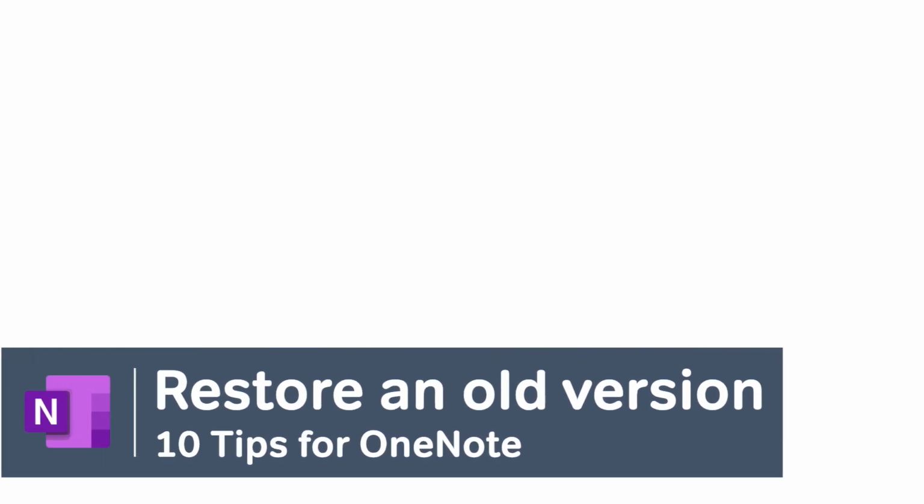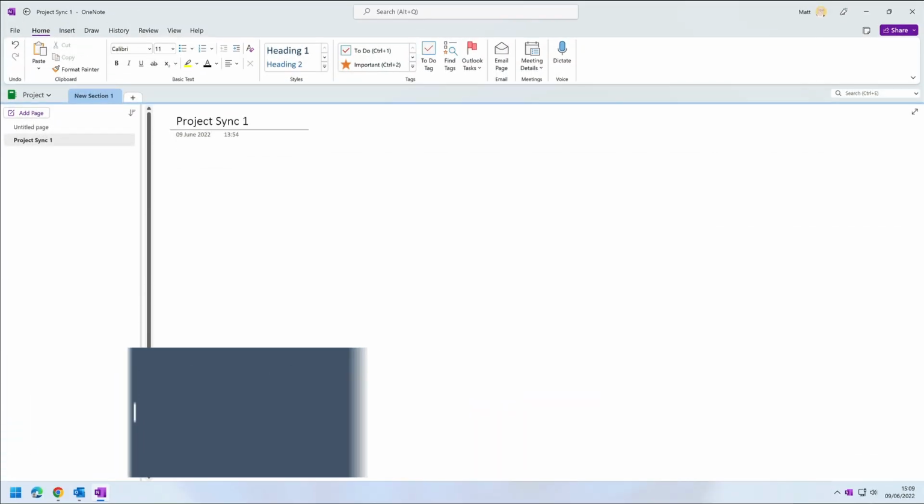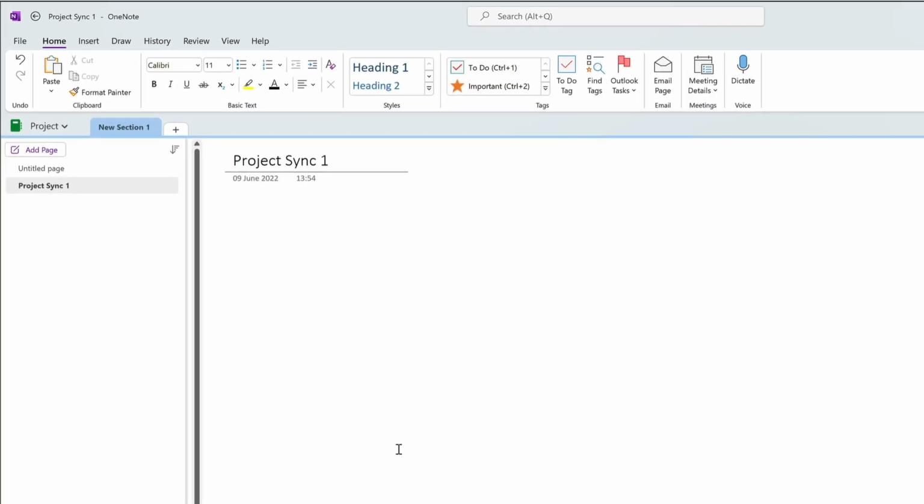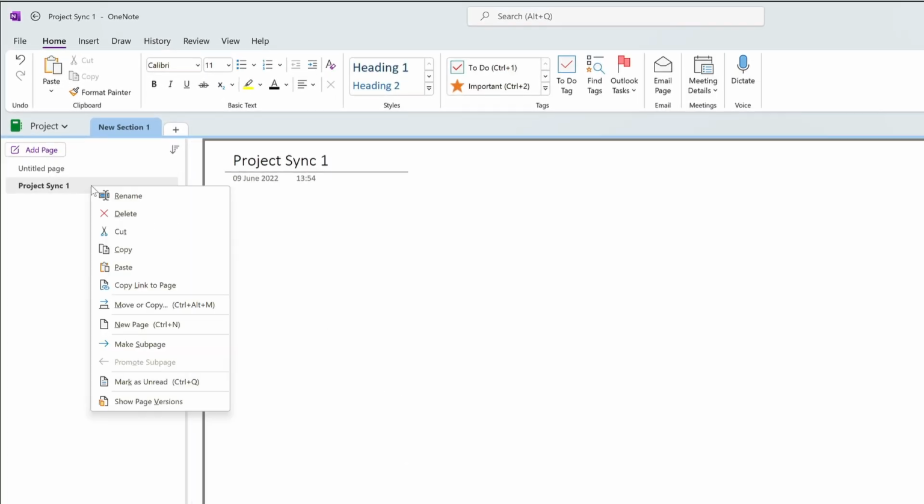Here's another tip for OneNote that comes with Office. Say you've deleted some content from a page and you want to get it back. You can restore an old version of the page. Just find the page in the list and right click it,